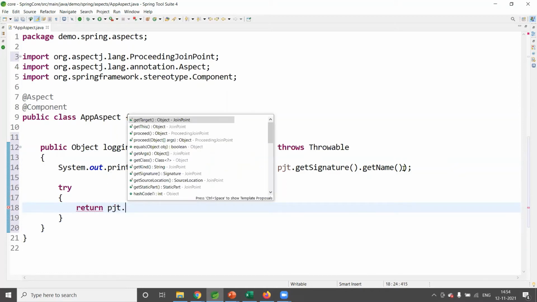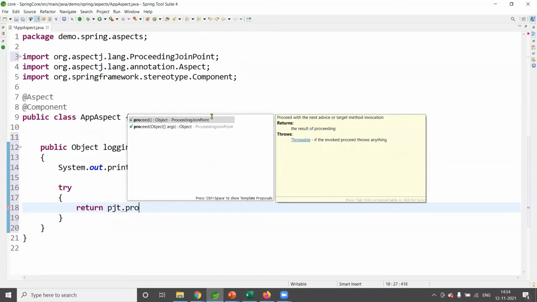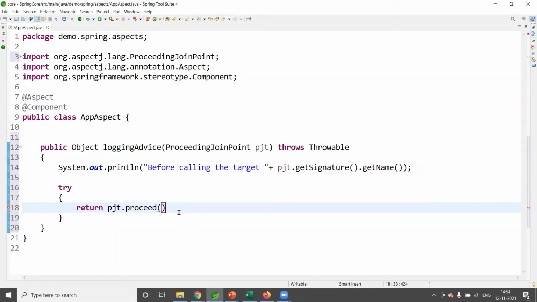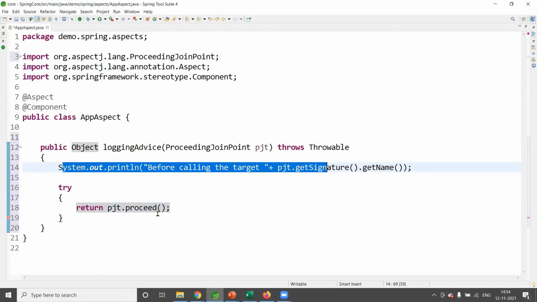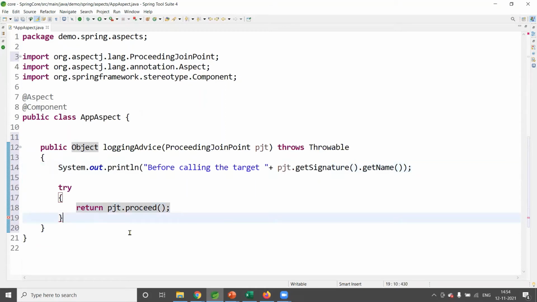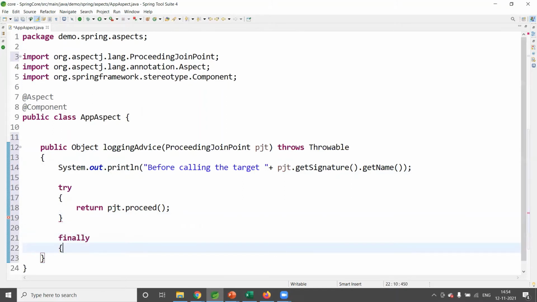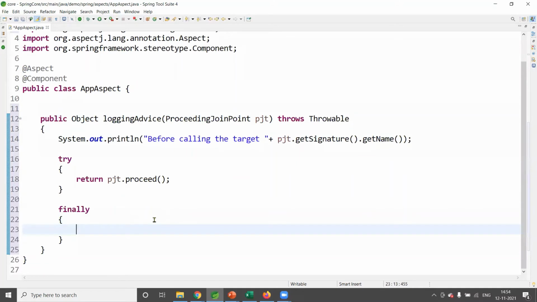PJT dot proceed. So the meaning of this is, when it comes to this advice, first it will print this, then it says proceed. Proceed means it goes to the target, whichever method we are calling. Similarly, we can say finally. In the finally, I'll say sys out.